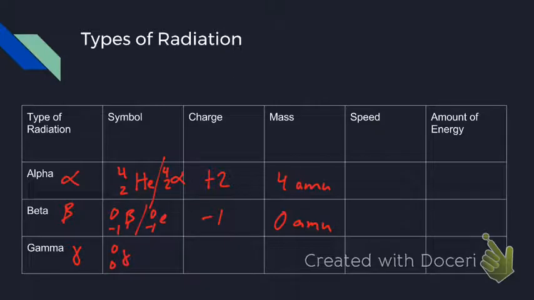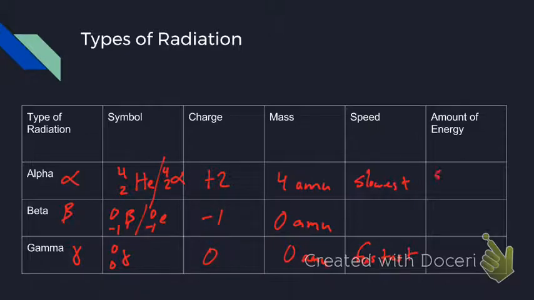Gamma is just particles of light. There's no other way to write it. So they have 0 charge, 0 mass. So these are the fastest. These are the slowest. But these have the most amount of energy. I wouldn't say the most, but